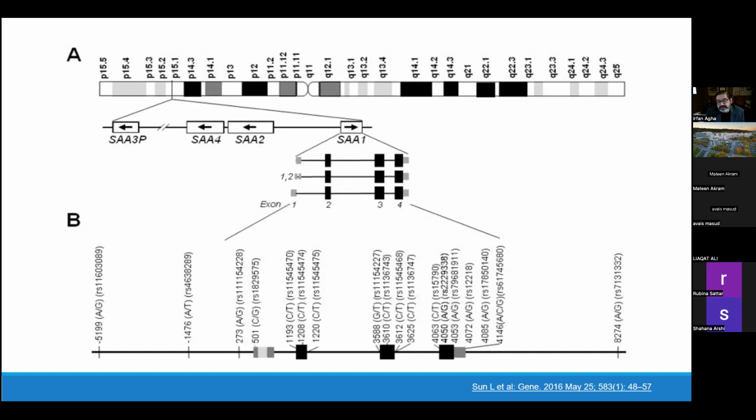And one of the things which is an X factor is that there are some mutations in the SAA genes, some SNPs in the exon, which predisposes the gene product, which is the SAA protein, to be amyloidogenic. So what is an amyloidogenic protein? A protein that tends to misfold and